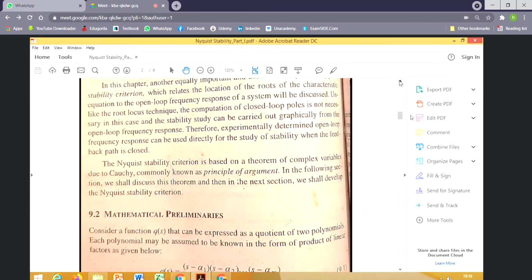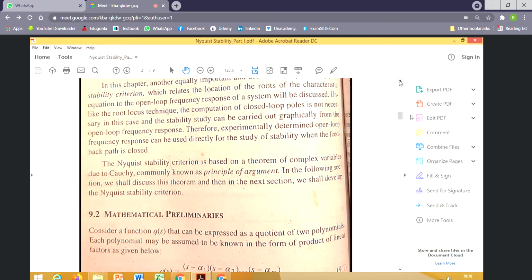Now, another advantage of the Nyquist stability criterion is that, just like the Root-Locus technique, it is a graphical tool. Routh's criterion as well as Hurwitz criterion are not graphical tools, right? The Root-Locus technique was a graphical tool that we have already seen. Like the Root-Locus technique, the Nyquist criterion is also a graphical tool having its own advantages.